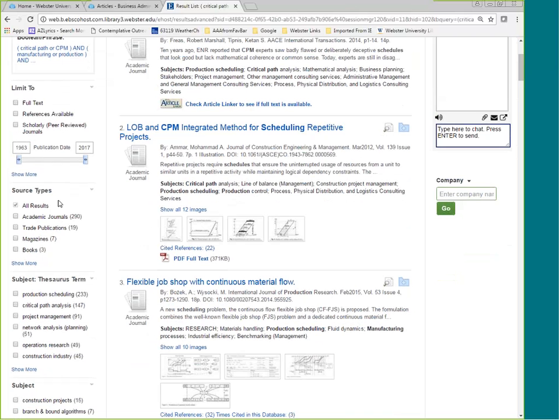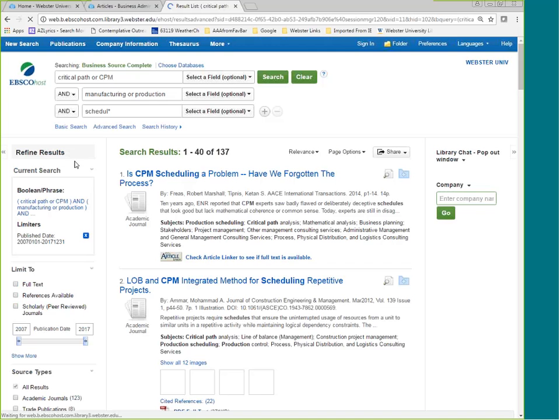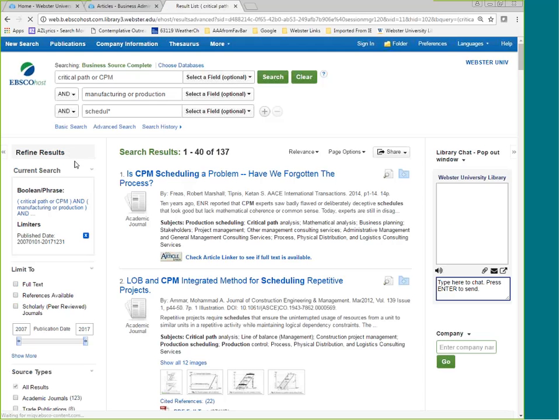So we're going to just grab this date slider and slide it up, and I'm going to do about 10 years. So I'm going to do 2007, which is actually more than 10 years. But notice now that when I've limited it to 2007 to 2017, now I have only 137 articles, of which